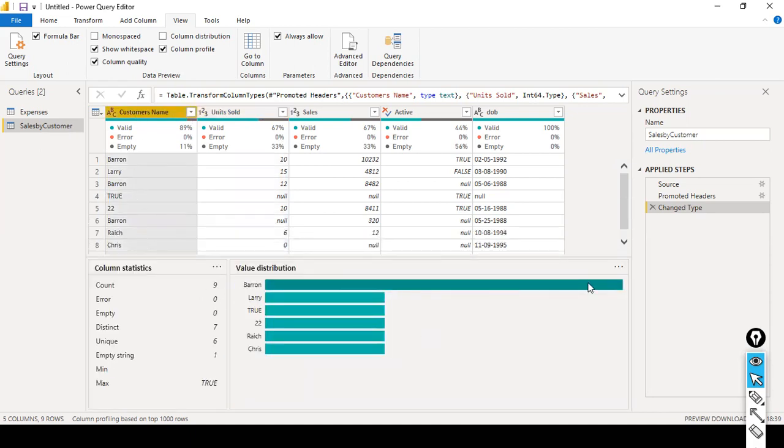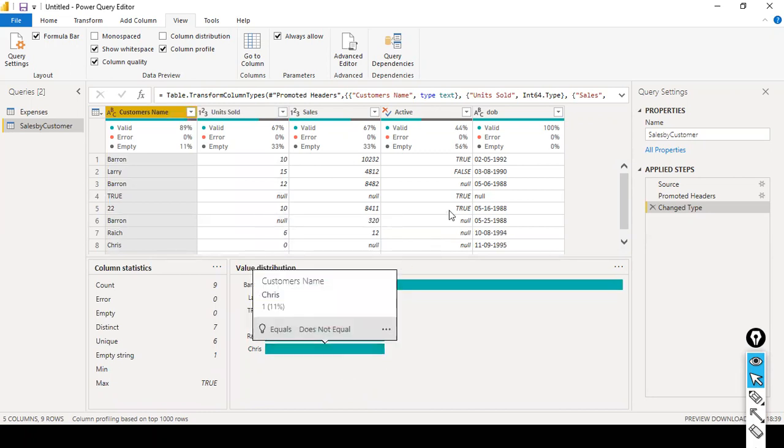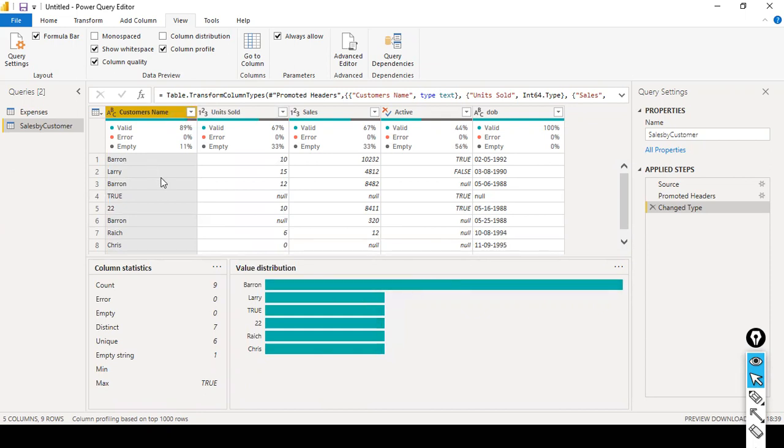Okay, hence it shows the taller rectangle for Baron. The rest of them are appearing only one time, hence all four of their rectangle sizes are the same. But here, Baron appears multiple times. Count, frequency count, how many occurrences of each value there are. That is what the validation shows. Just by looking at this visual, we can quickly make out that the customer name Baron occurs multiple times,